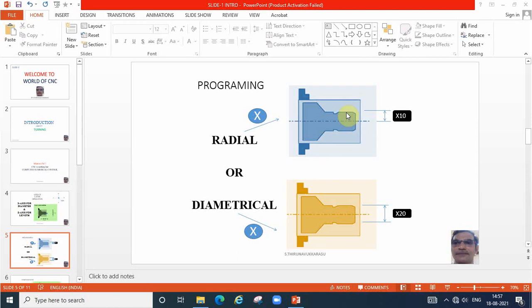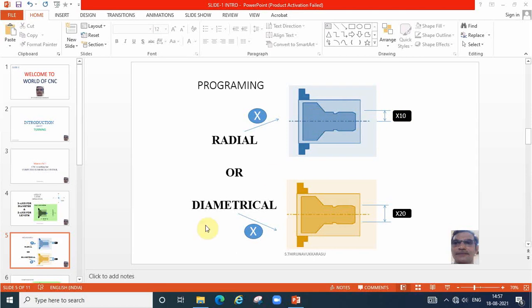While writing the program, there is no need to write the entire diameter of 20 mm. From the reference point, half of the value, 20 by 2, that is an X value of 10 mm, is what we enter. So every time, all the diameters are entered as half of the portion only.